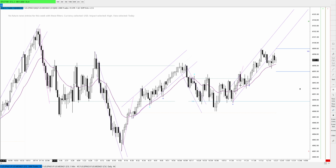We get this big bear bar, and a lower high right into the EMA with all these wicks bouncing off of it. That's definitely gonna trap shorts. And you could enter on this bar here. It's right into resistance, so I think it's aggressive. I'm looking for more proof, but when we do get the